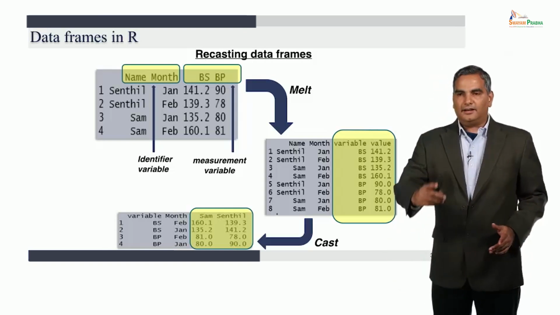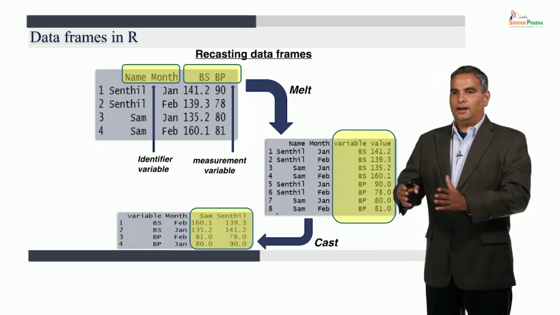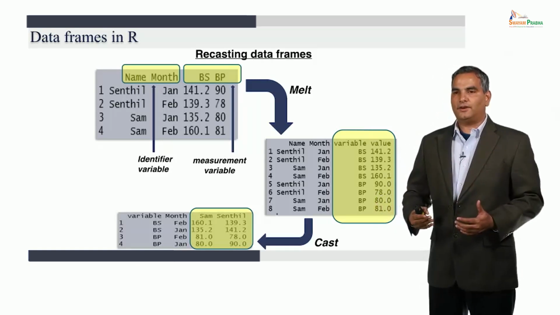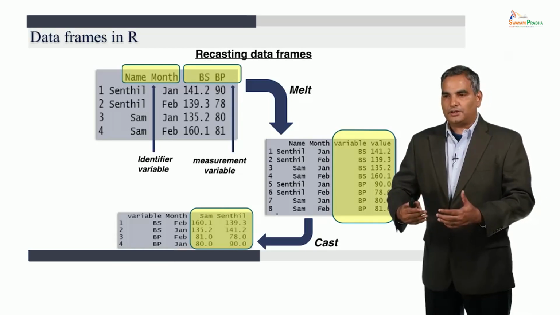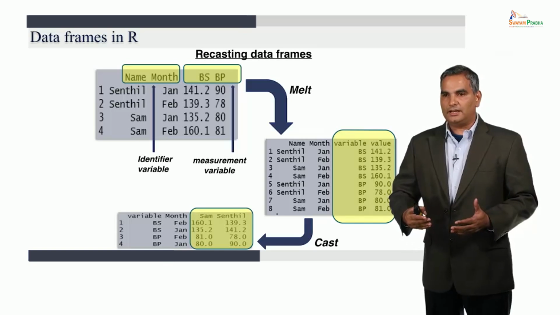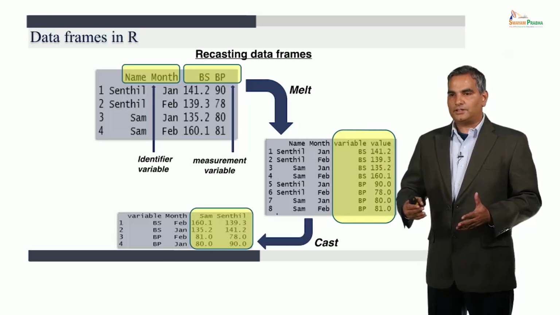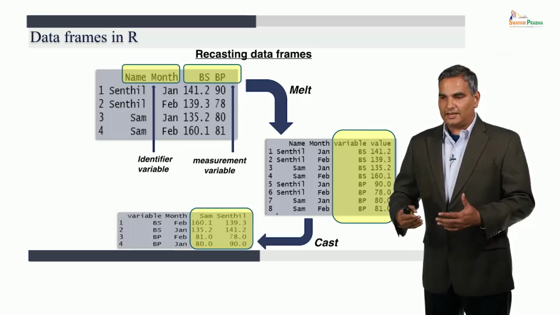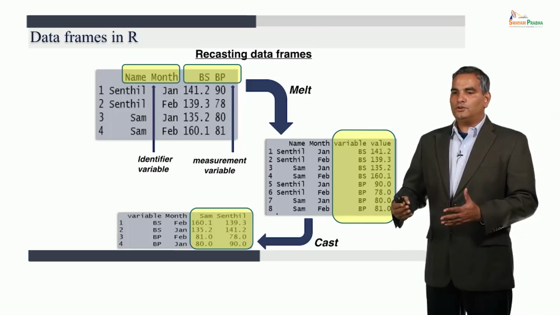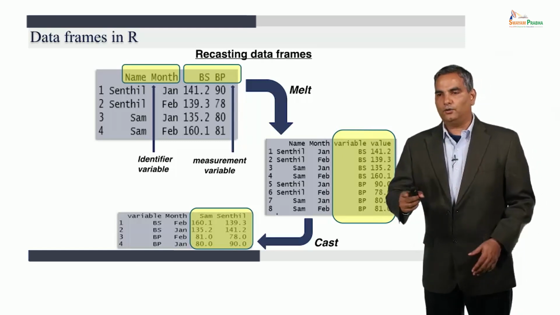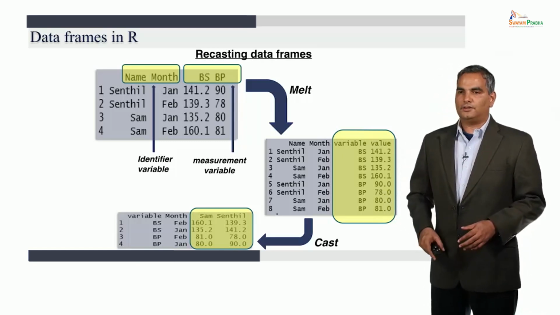In the data frame that you have, blood sugar and blood pressure were in the same rows. What we have done is, by melting this data frame, we are getting the blood sugar and blood pressures in different rows. So for example, if you see the data frame originally, it has only 4 rows with blood pressure and blood sugar as 2 columns. The melted data frame now has 8 rows because this variable has been separated out. And once you do this, then you can cast it in the form that you want. So we have to see how we do this melt,